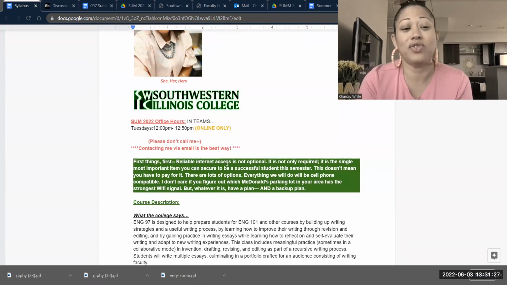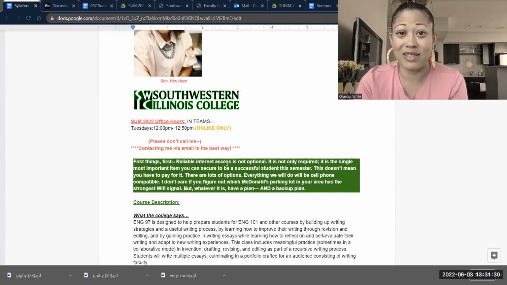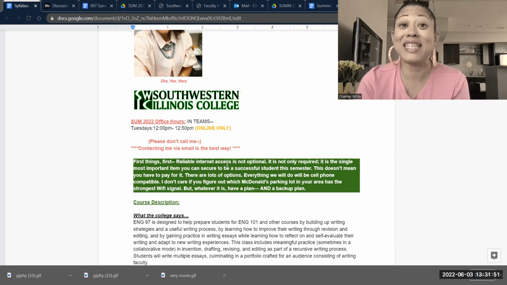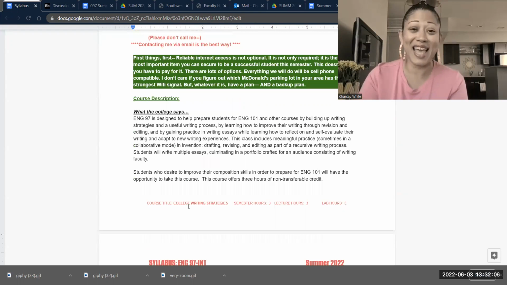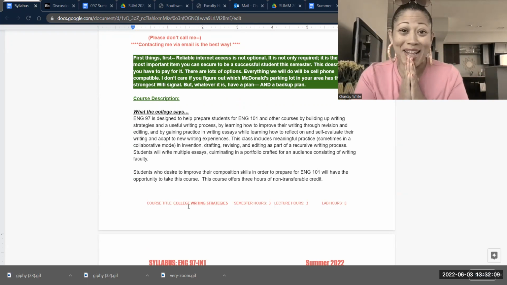Important things that it talks about also on this first page is that this is an online class. So the most important thing that you can do to be successful in this class is to make sure you have reliable internet use. I go out of my way to make sure that everything in this class should be available for you to be able to do from a regular smartphone, whether you have an Android or Apple or whatever it might be. But it doesn't mean that that's the easiest way to access materials. So I tell all my students to have a plan A, a plan B, and a plan C, because you will always need the internet to be able to do work in this class, and you will need it multiple times during the week.